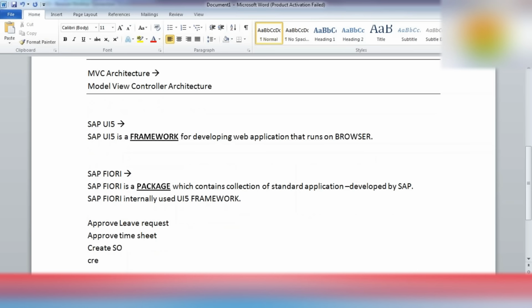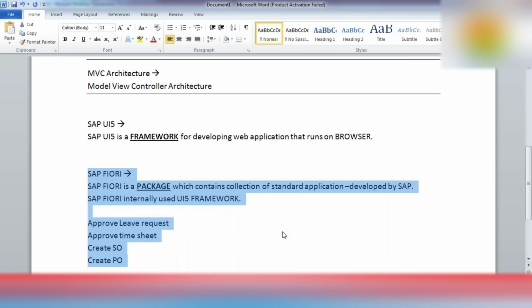Create purchase order. So these are all the standard applications, and they have already been delivered by SAP. What we will do is modifications on the standard application, as part of Fiori enhancement, as per our client requirement.